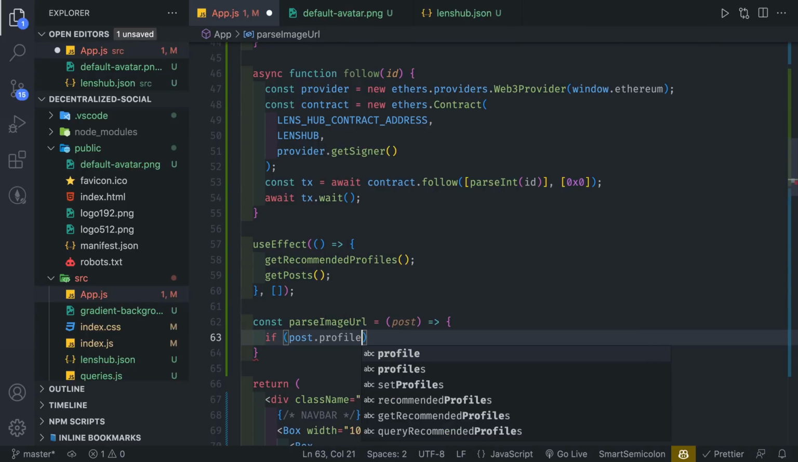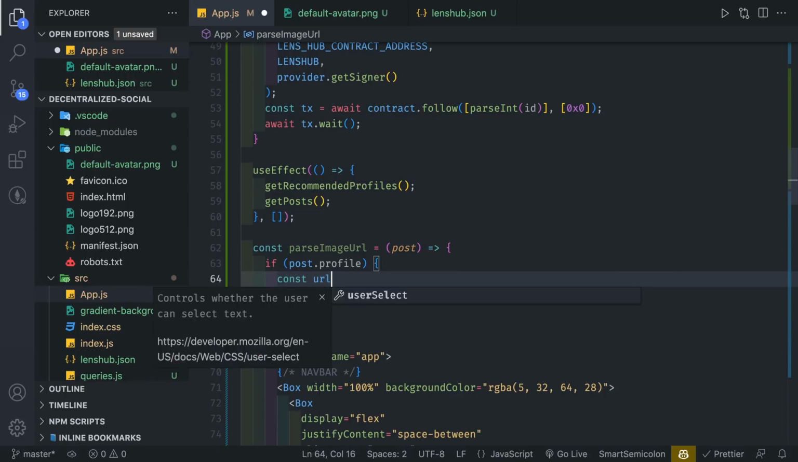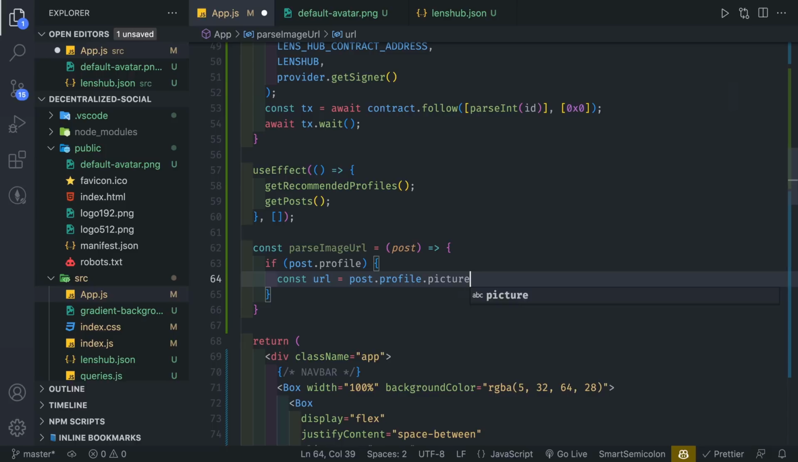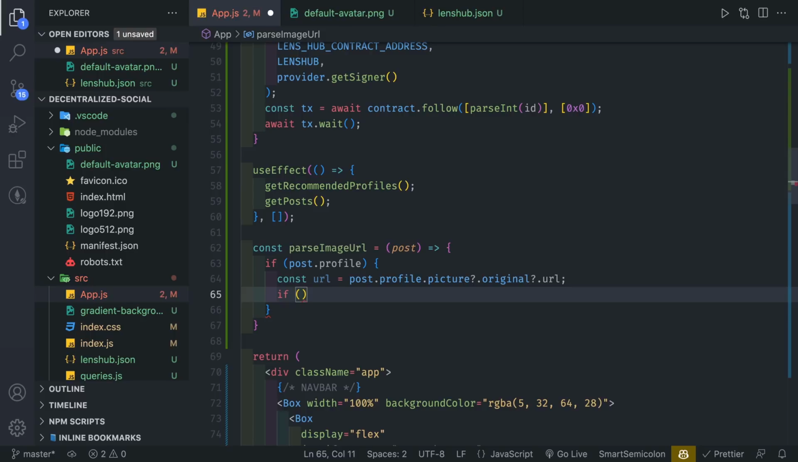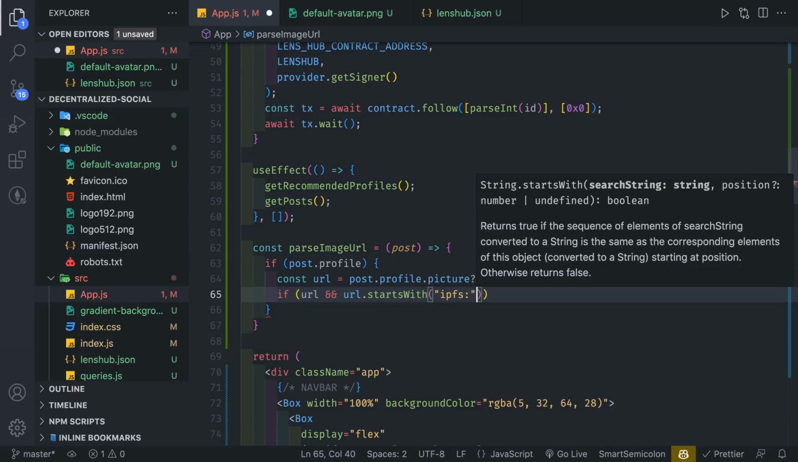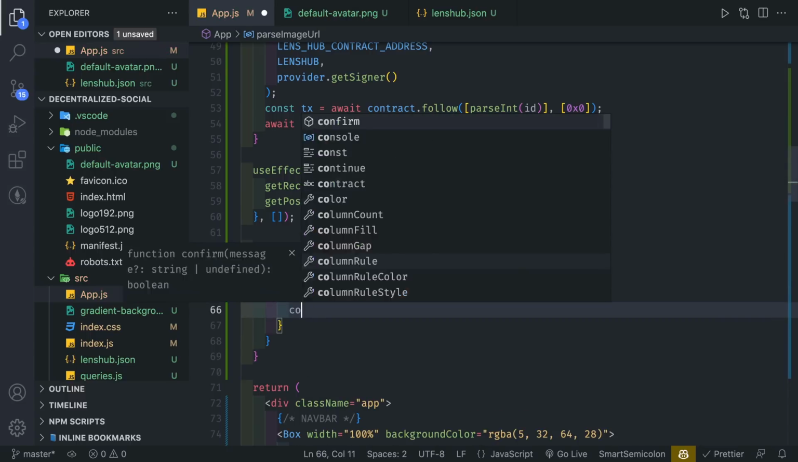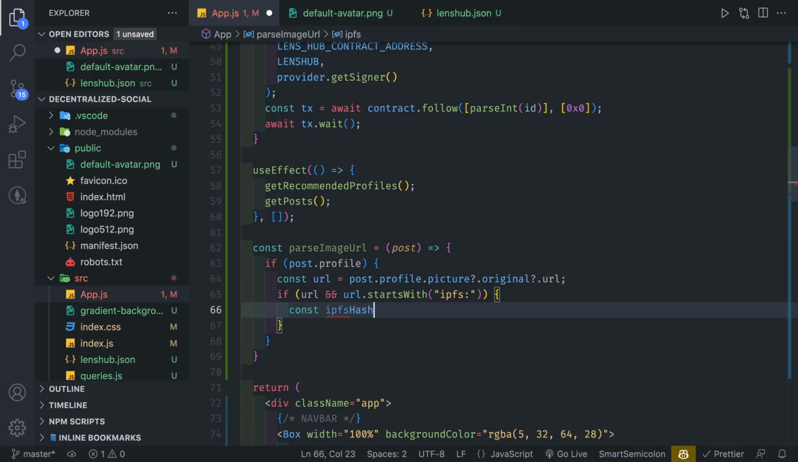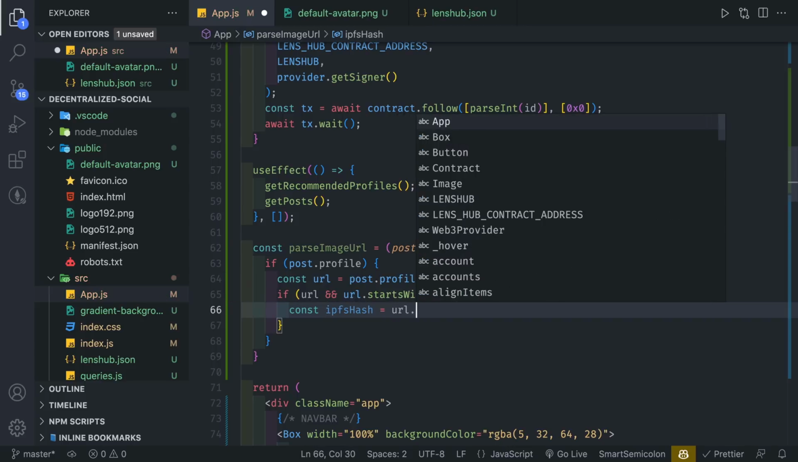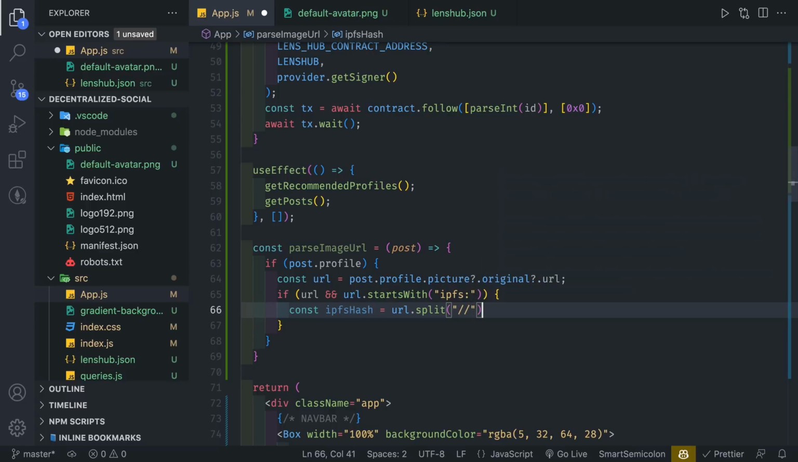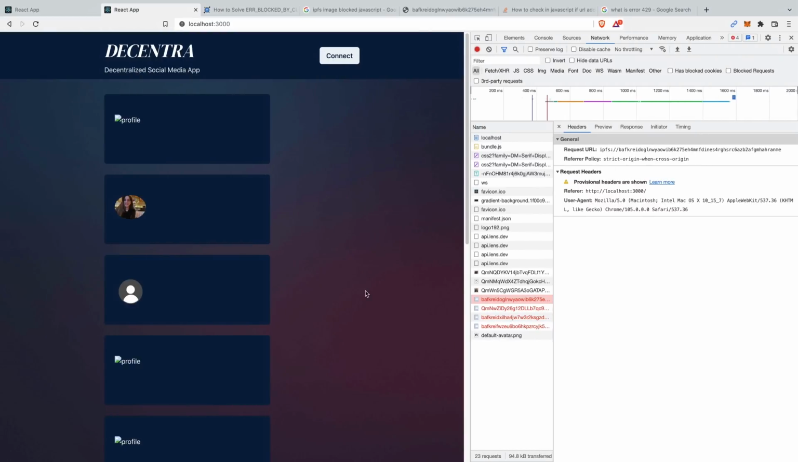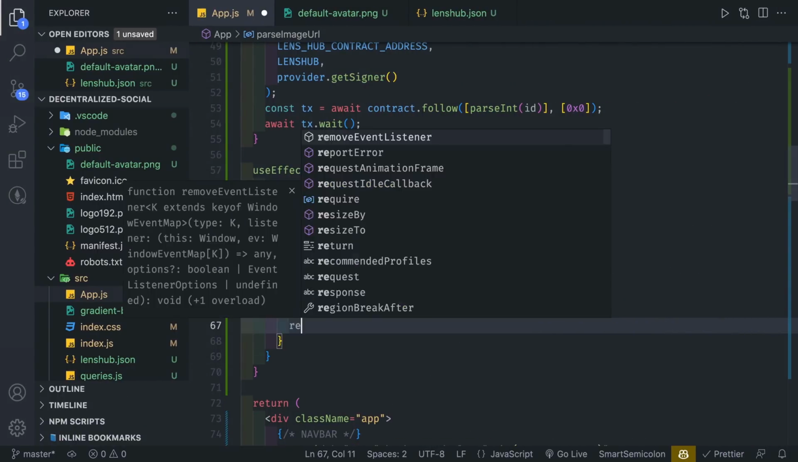So if post.profile exists, just like we did before, we're going to grab the URL first: profile?.picture?.original?.url, which is the same as before, but we're going to have an extra check, which is if URL exists and URL starts with ipfs. We are then going to grab the hash of the IPFS, so we grab url.split, and we're going to grab the first value. So what we're grabbing here is going to be this value. We just need this part, not the first part. So we need that, and we are going to return